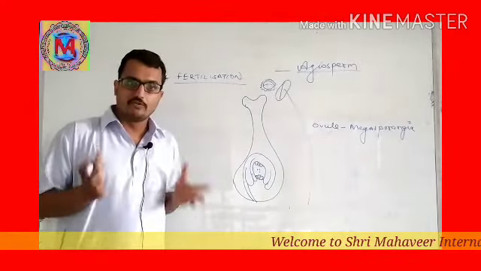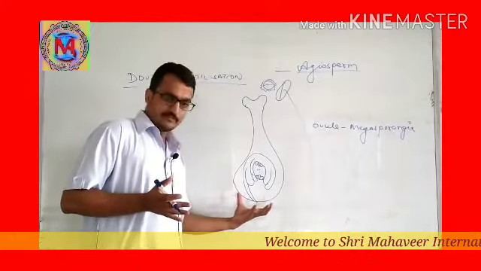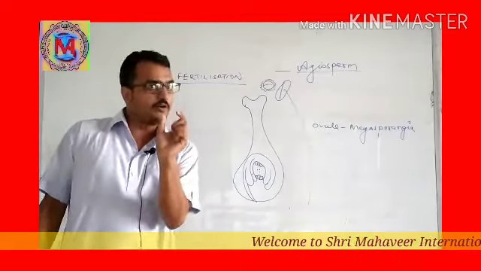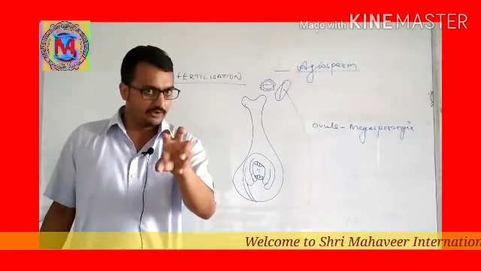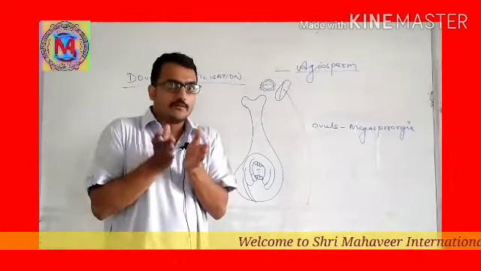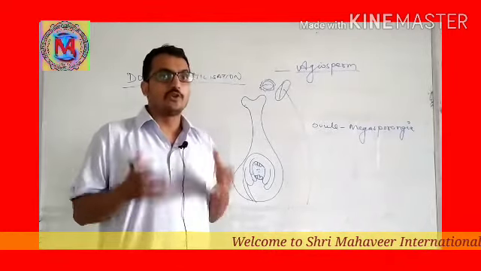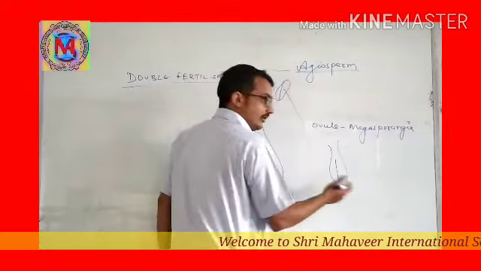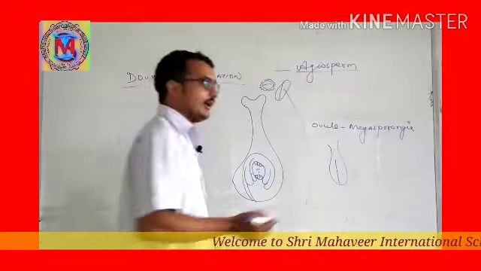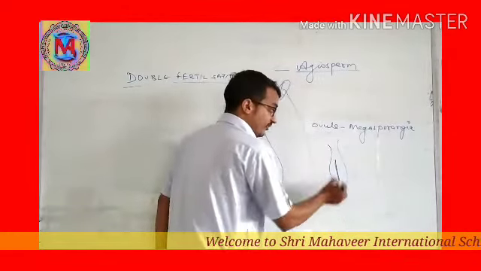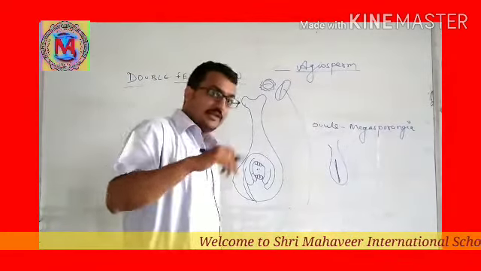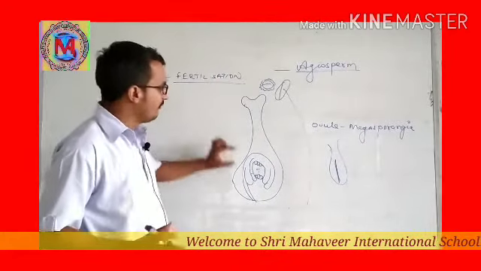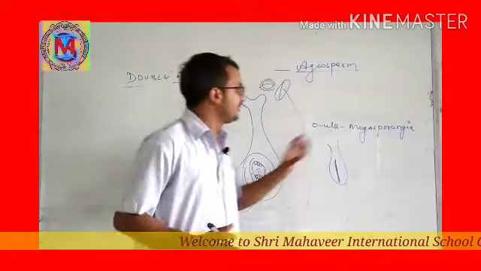Where is the megasporangia or ovule found? In the ovary. How many may be found? There may be many. There may be one ovary in one flower or many ovaries in one flower, and there may be different chambers called locules in the ovary. So in the ovary, there may be 1, 2, 3, 4 locules, separated by a tissue called placenta, and in each locule ovules are found. It is a very simple diagram showing one ovule, that is megasporangia, in one ovary.